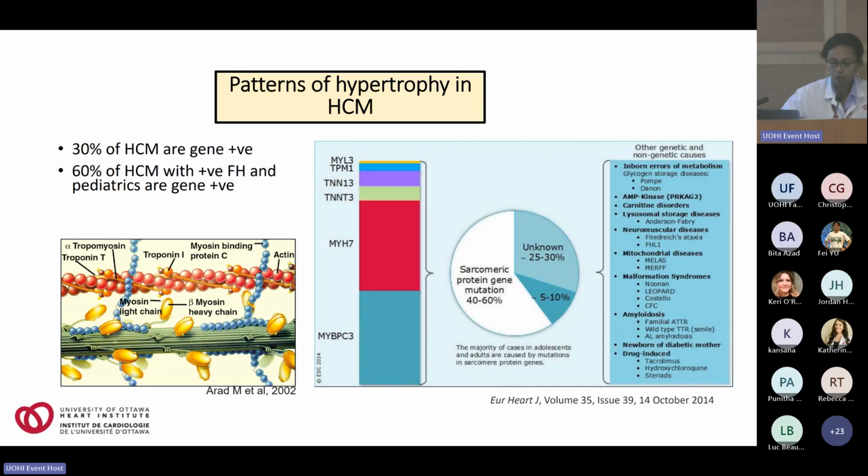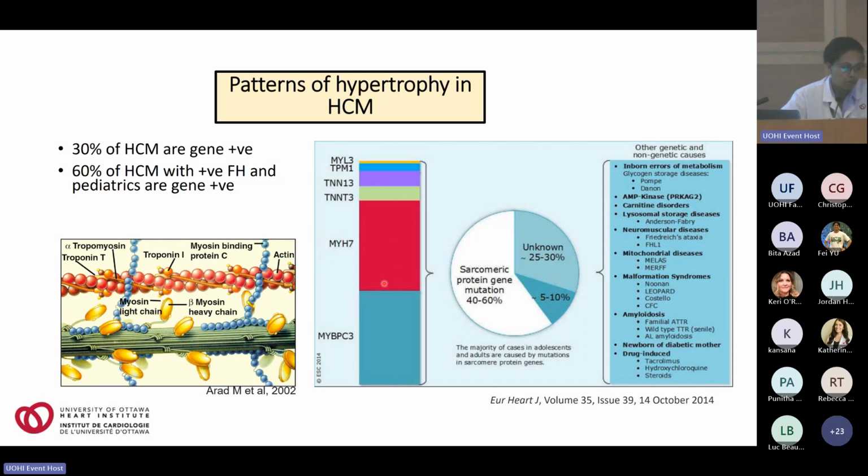Okay, so we see that 30% of all comers with HCM are sarcomeric gene mutation positive, and 60% of HCM patients either have a positive family history or are gene positive, or in the pediatric population are gene positive. Among those that have the